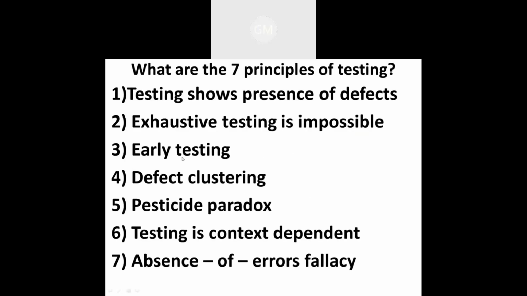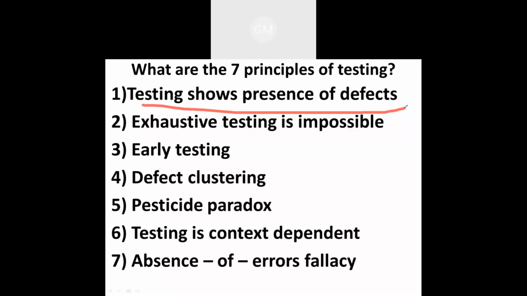from the exam point of view. So first of all, whenever we say the principles of testing, what are the different principles of testing which are listed here? Out of that, the first one shows that testing shows the presence of defects. The meaning of this principle is that first of all we should know whether a particular defect is present in the system or not. If it is present, then we need to identify that defect, and that particular software should be 100% defect free. This is our main motivation.